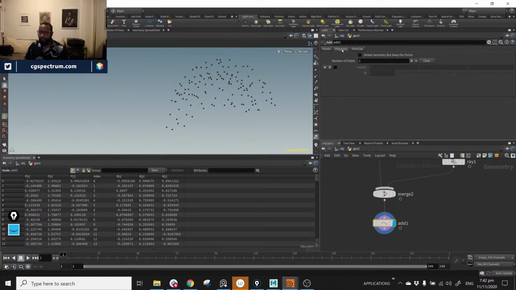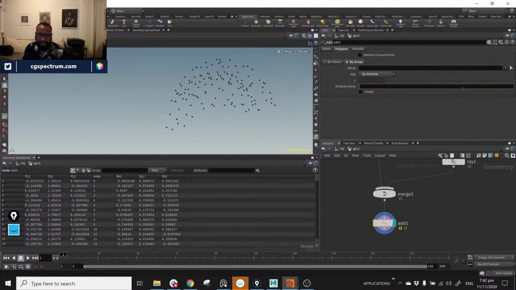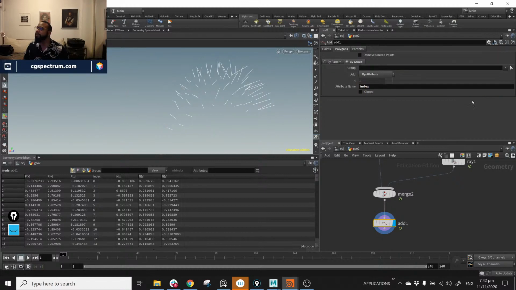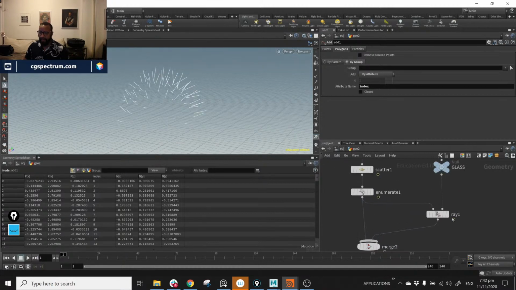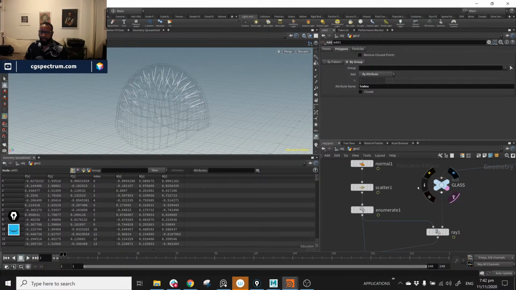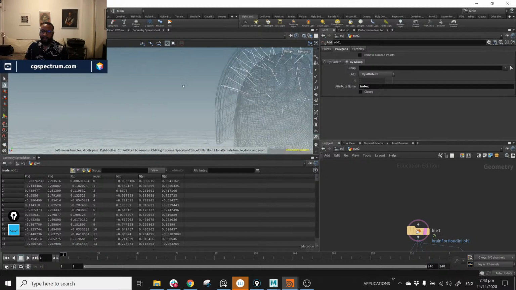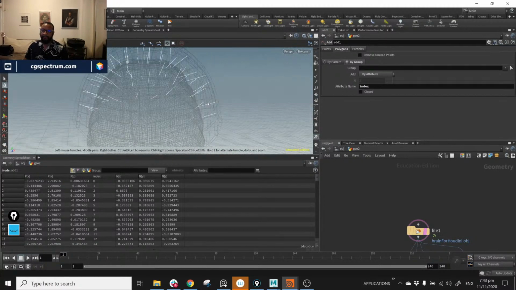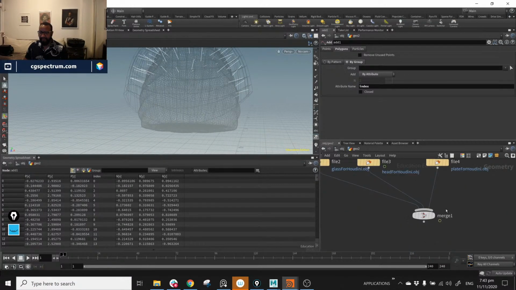Under my add, I'm going to go to polygon. I'm going to go to by group, and I'm going to say by attribute. And that attribute is index. Now watch what happens. Bam! Instant lines that connect to my glass. So they go from my brain to my glass. Super cool. And if I turn on the rest of this stuff,